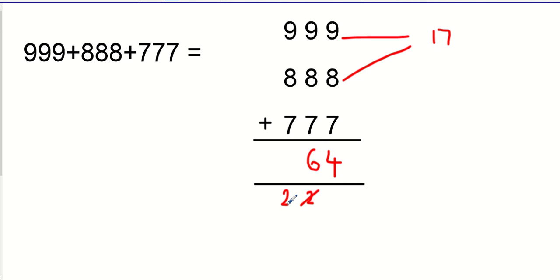Okay, I go back to it. 9 add 8 add 7. We've done it there. It's 24. Add the 2 is 26. So your answer is